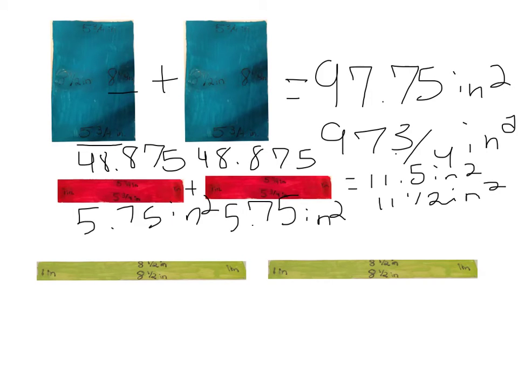Now we have to find the area of this side right here. We do the base of 8 1/2 inches times the height of 1 inch. Again, 8 1/2 could also be said as 8.5 inches. And we times that together as we did in the other ones. And in this case, we got the total of